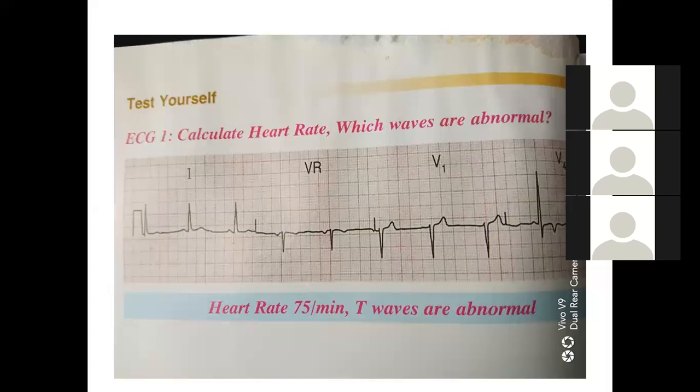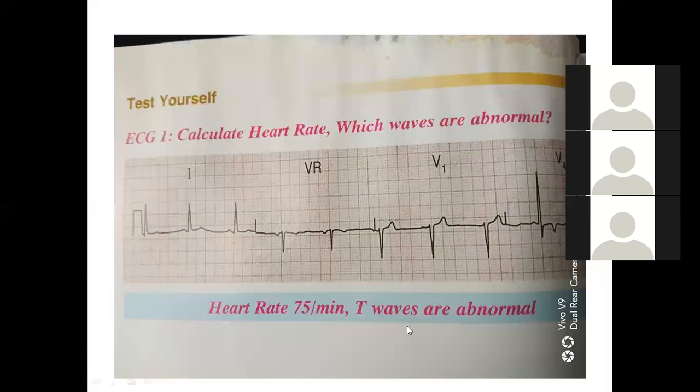They have written 75. Now how are they right? Sir, there is one more in between, isn't there, sir? Lead which one? You show me which one. Tell me the lead. Sir, actually in lead V4, there are 5 big squares. But in lead 1, there seem to be 4 big squares and 1 or 2 small squares with it.